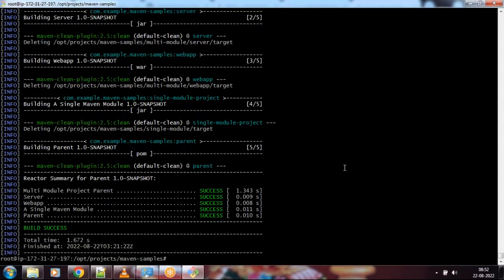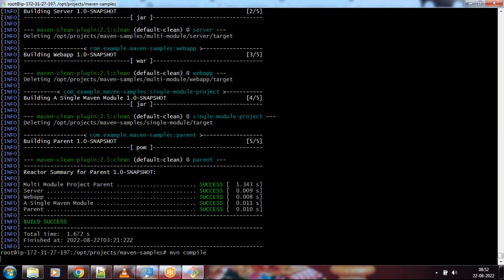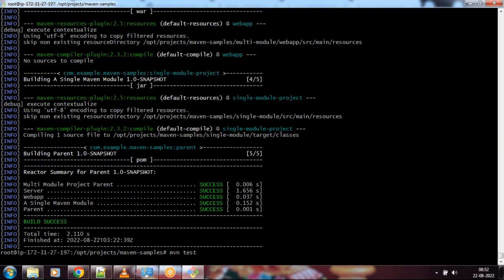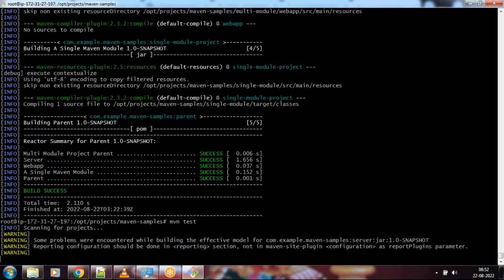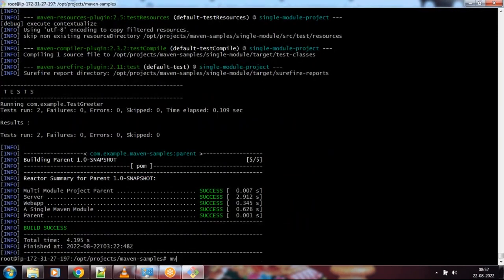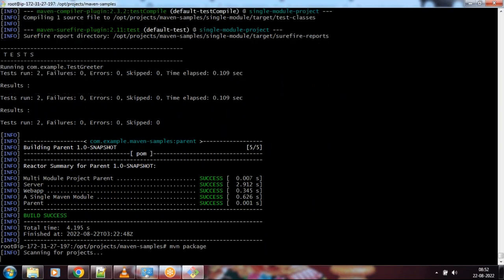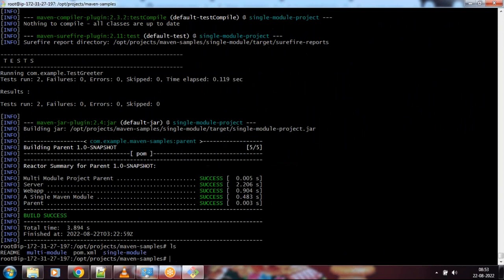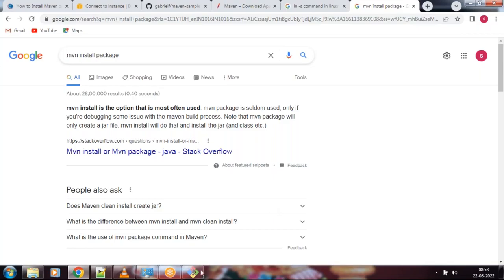Okay, simply we will give mvn compile one more time. mvn test. You don't need to do it every time. Okay, I'm just giving it for example. So, and mvn package. Okay, ls. Now if you do mvn deploy,